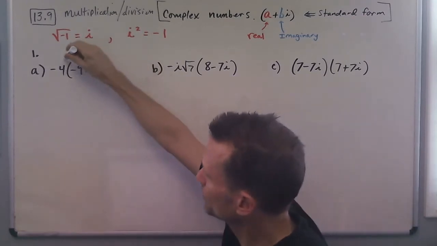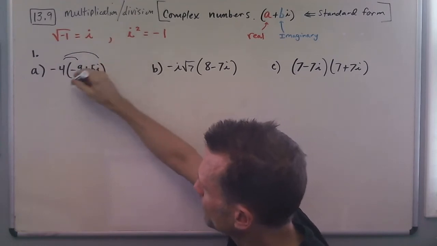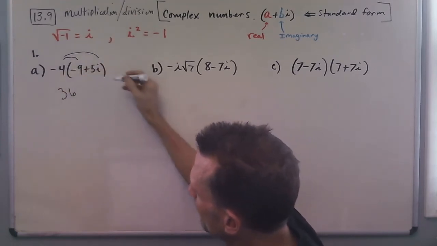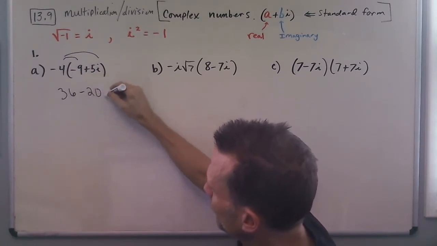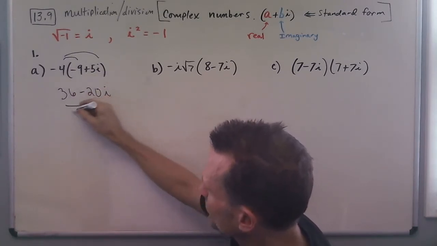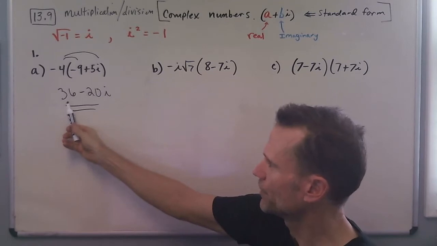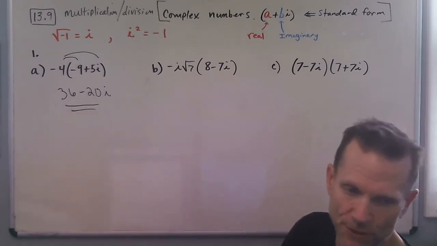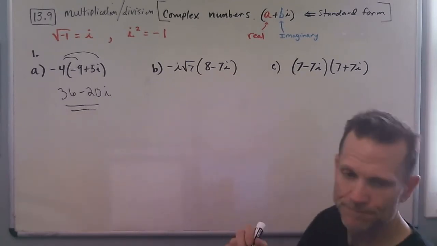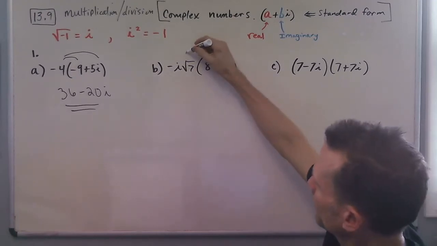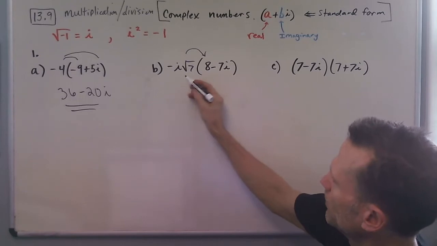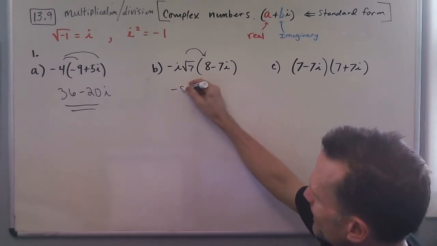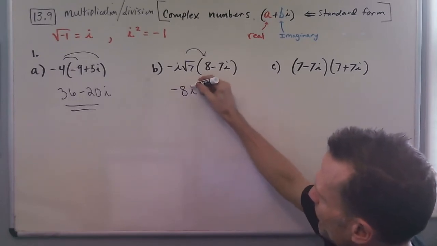But we're going to do the distributive property here, and we get 36, and then minus 20i. And the instructions do say to write your answer in standard form. We have the real part, the imaginary part, so that one's in standard form. Okay. Next, again, we have the distributive property here, and when we multiply this together, we get negative 8i radical